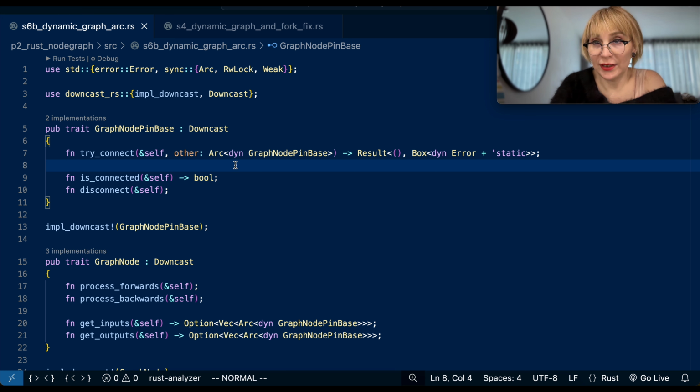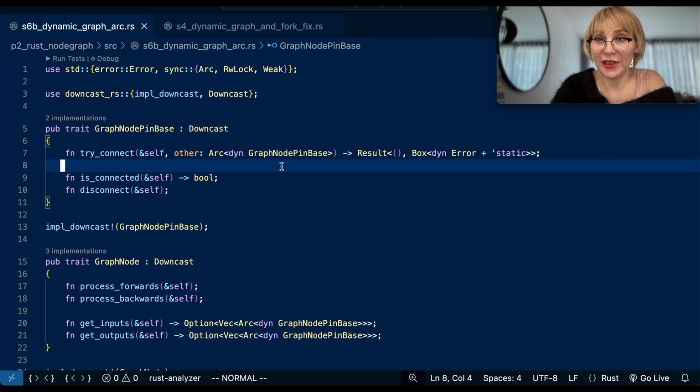Arc is not thread safe by any chance. You cannot safely change the Arc to a different place, but you can safely copy the Arc. You can safely clone the Arc and get another copy of the same Arc. So it will simply atomically, in a thread safe manner, increment the reference count, and the object to which it's pointing,